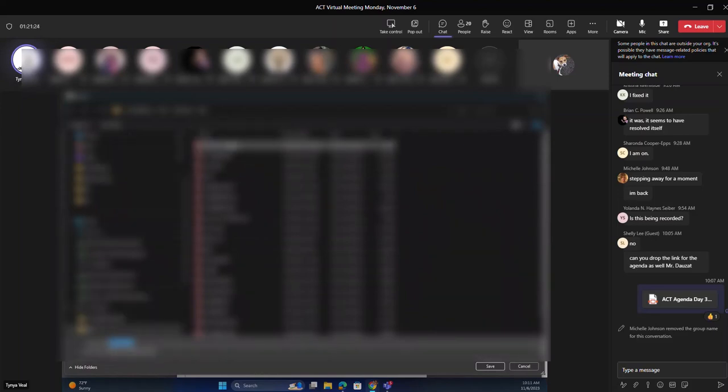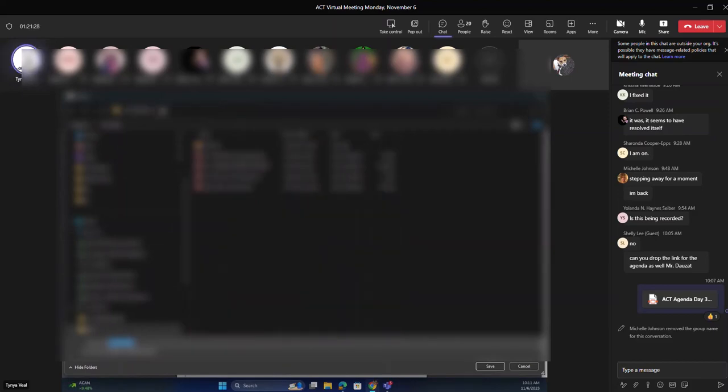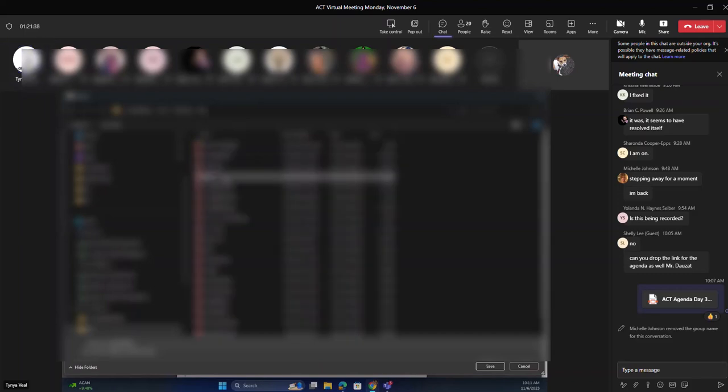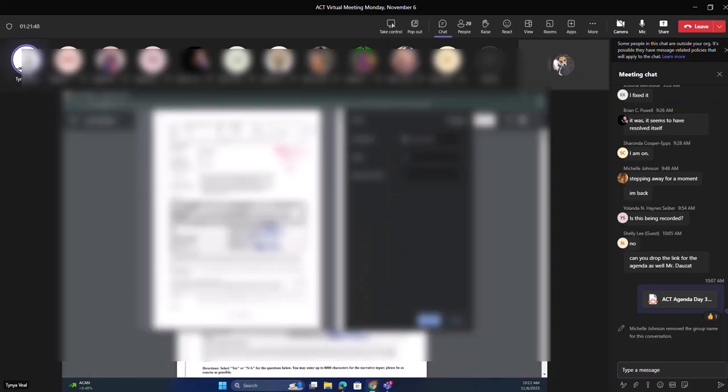My folders have already been created. My folder is ACT. Then I have ACT accommodations, divided by 504, ELP, and ESS. If you look down the list, I've already saved this student's accommodations. So I'm going to close that.